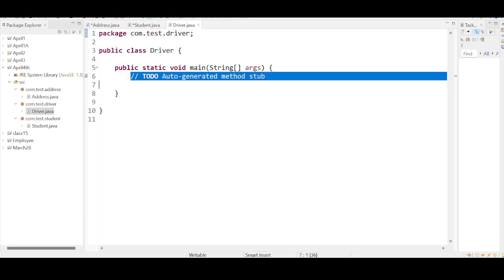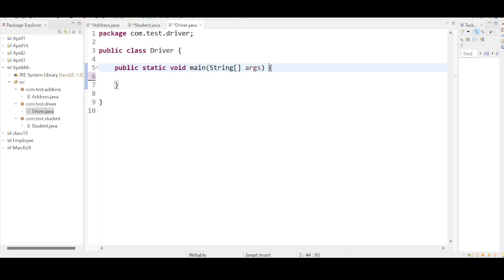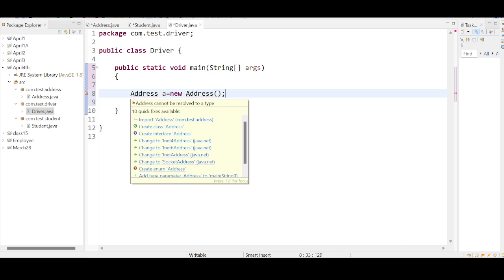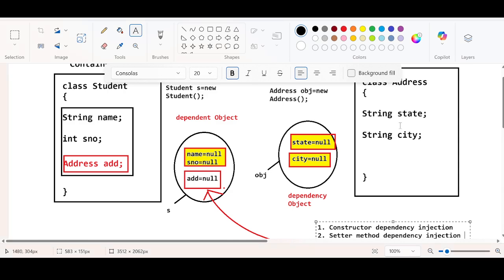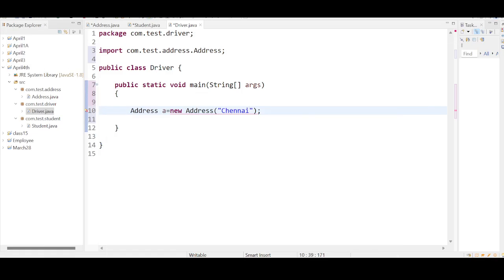For the main class, I'm just creating an object for the address. Address a equal to new Address. It is showing a red line, just giving us an alert to import. Now I want to set the values through the constructor. First, it is expecting the state name or the city name. State name I'm taking as Tamil Nadu. City name is going to be like